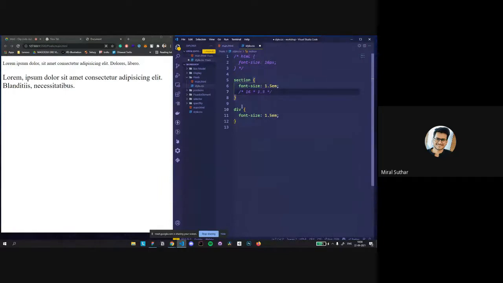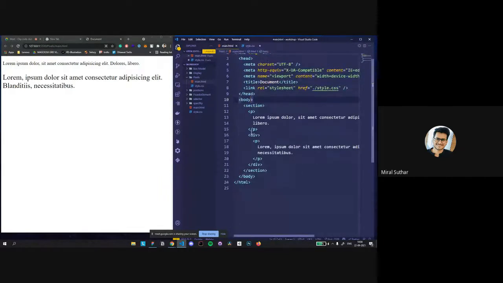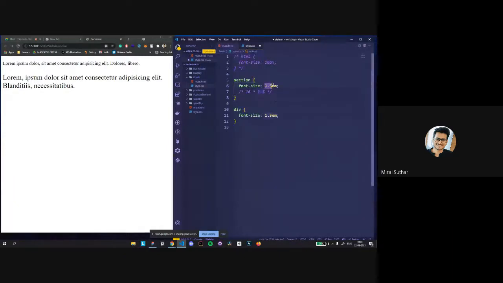Where the div is inside the section, first it goes to the section, this parent element, which has a size of 1.5 right over here.